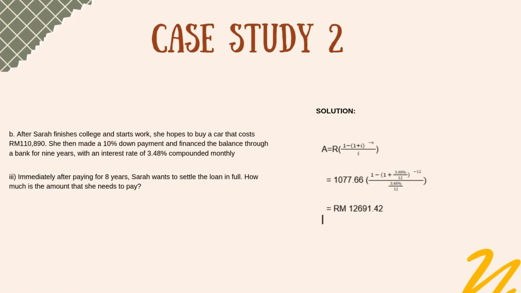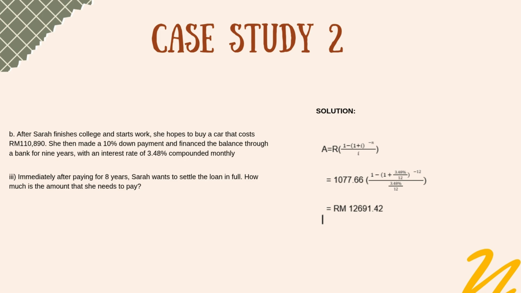Point 3. Immediately after paying for 8 years, Sarah wants to settle the loan in full. How much is the amount that she needs to pay? Now, we want to find the loan balance after 8 years. Since the loan term is 9 years or 108 months and 8 years is 96 months, then 108 minus 96